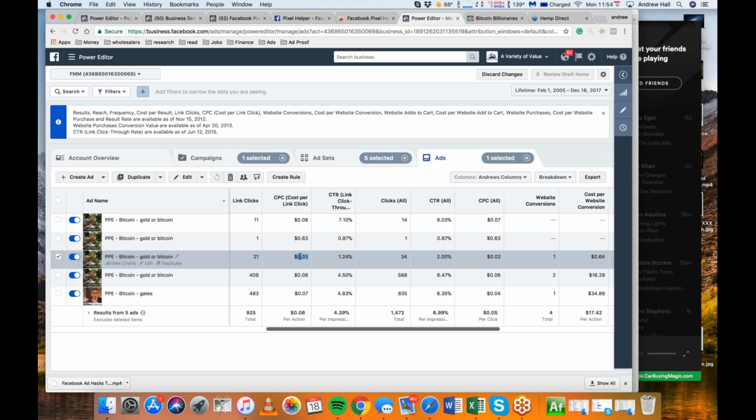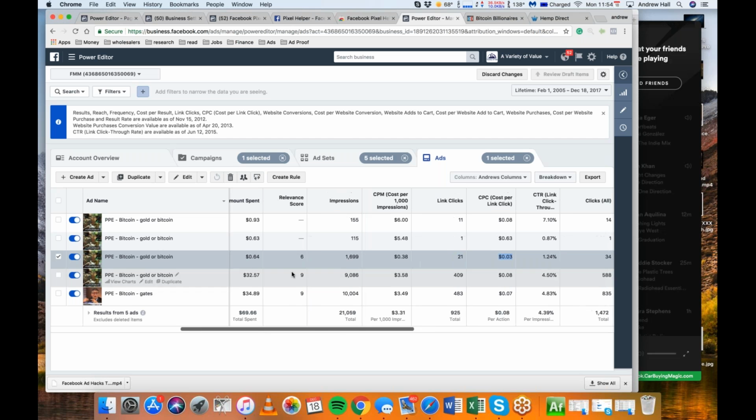Now, purchases trump everything else. If you're profitable, if you're making money on your ad and you have a 1 relevancy score and your link clicks are $10, but you're selling a $100 product, who cares? Profitability is the number one thing to look for. The other data points that I'm telling you about are just things to look for. If you have a Louis Vuitton store, when I walk past the Louis Vuitton stores and the Gucci stores, I almost never see anyone in there. But I guarantee they're making money, because if one person comes in there, they're dropping 10K. They're dropping $10,000 on Gucci.